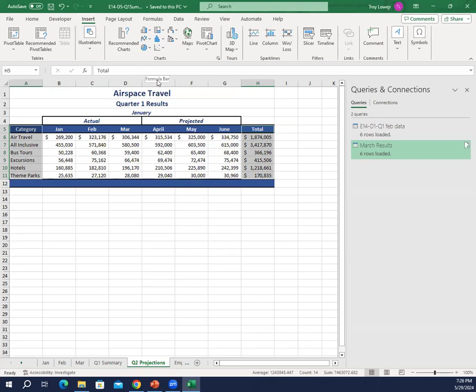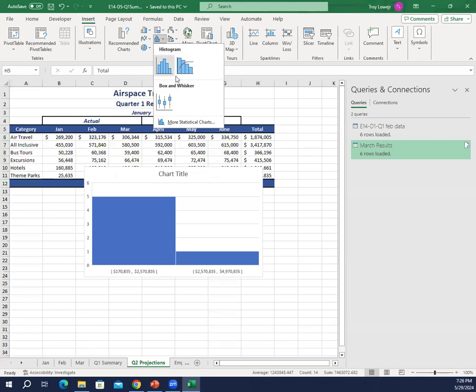We're going to go to Insert Statistic Chart. Oh, statistics, sorry. Yeah, if I can read. Insert statistic chart. And we're going to go down to